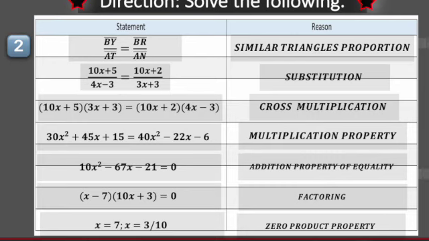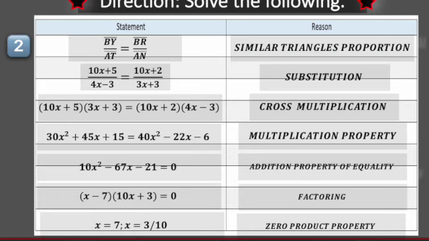Number 2. This one is a bit long, but almost the same as number 1, with a few additional reasons. First statement: line segment BY over line segment AT equals line segment BR over line segment AN. The reason is similar triangles proportion. Next, by substitution, 10x plus 5 over 4x minus 3 equals 10x plus 2 over 3x plus 3. Next, using cross multiplication, we get 10x plus 5 times 3x plus 3 equals 10x plus 2 times